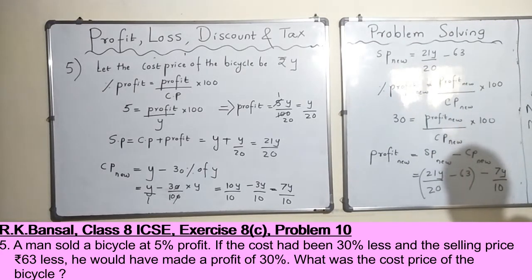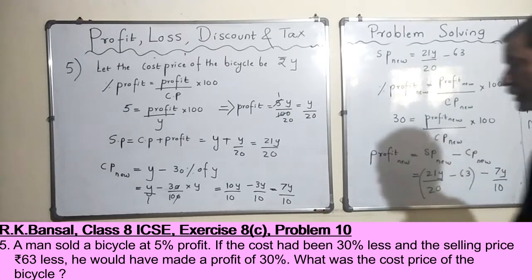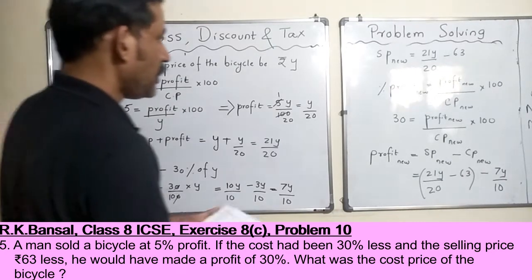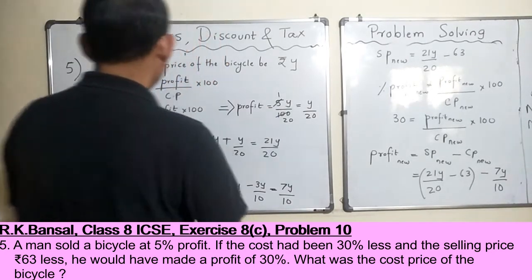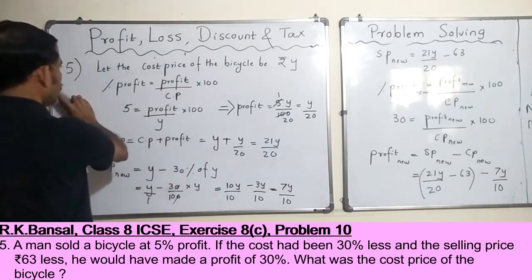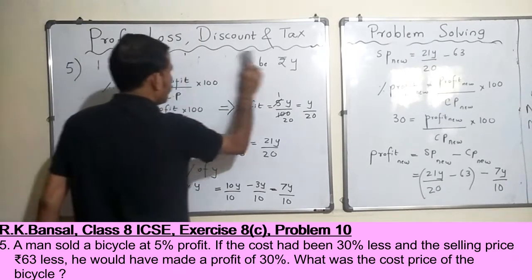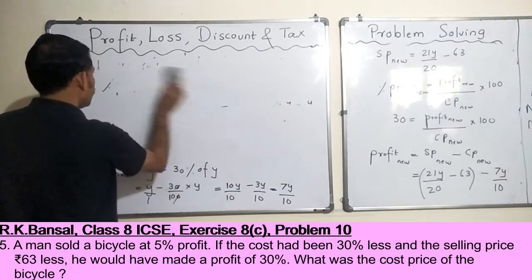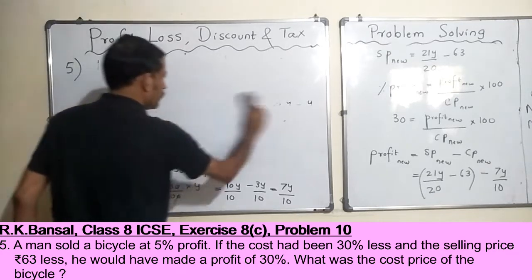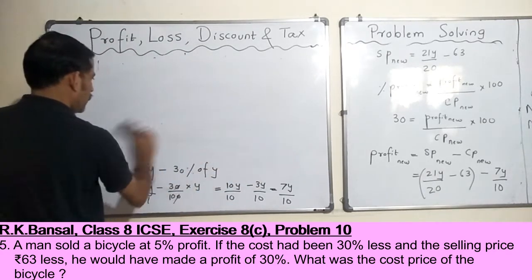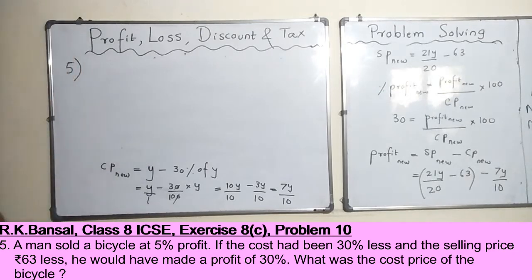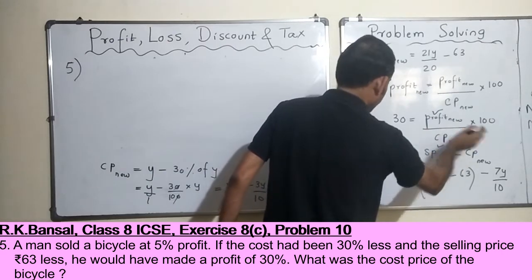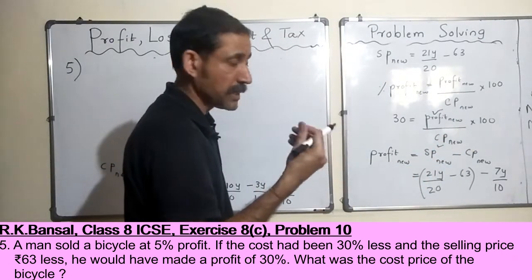Okay, all right. So this is the story. I need to rub something. What should I rub? Okay, I'll rub this part. Remember that the cost of the bicycle was y. We had assumed that. Let the cost of the bicycle be y. Don't forget that. So now I know this part, and everything is in y. I should be able to get some value of y.